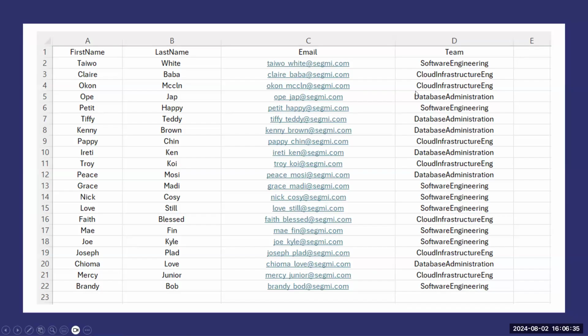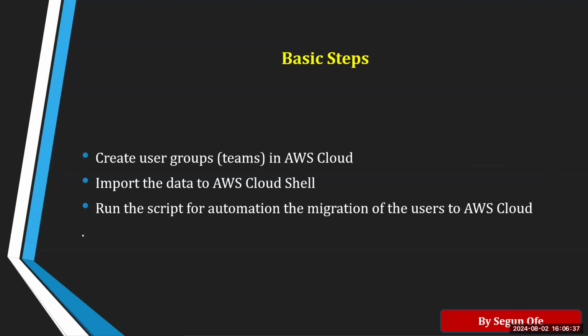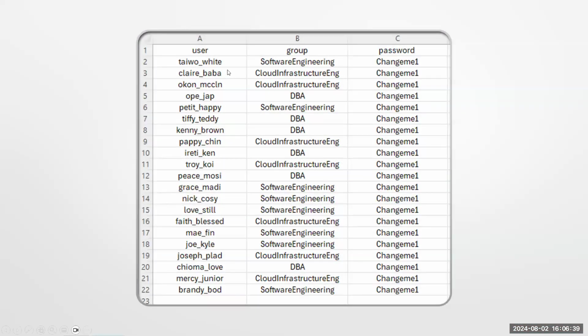So let's go down to where this is already done. So this is it. I have the users, the group, and the password. And this password for now is just change me one. It's just a general password that can be changed. Once the users are migrated to AWS Cloud, for them to be able to log in, they will have to change their password, just for security purposes. So let's go back to